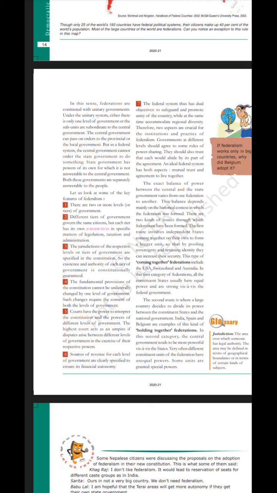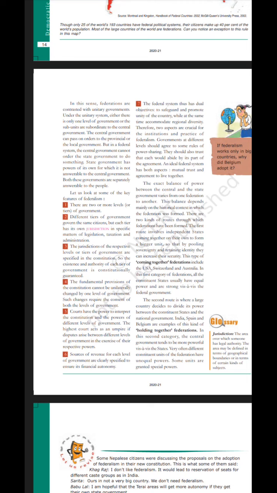The first route involves independent states coming together on their own to form a bigger unit, so that by pooling sovereignty and retaining identity they can increase their security. This type of coming together federations include the USA, Switzerland, and Australia. In the first category of federations, all the constituent states usually have equal power and are strong vis-a-vis the federal